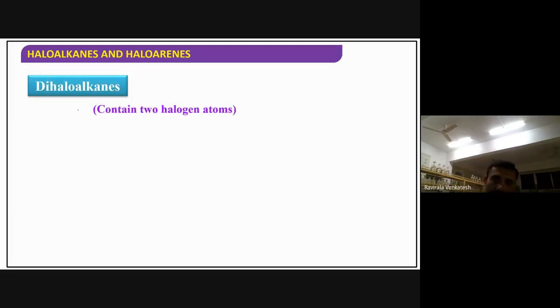Dihaloalkanes. Now in which the haloalkane will have two halogen atoms. It will contain two halogen atoms. For example, you see CH2Cl2. Now this has two halogens. Dichloromethane we can call. Here no need to give number because only one carbon is there. So no need to give number. Dichloromethane. Word root. You have to check this one. Root word, and primary suffix. This is the prefix actually, right?